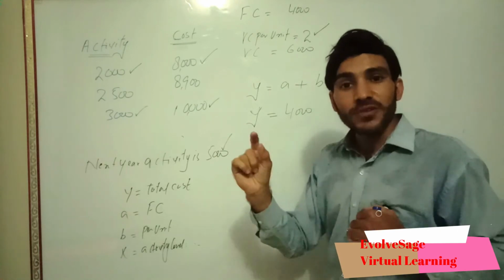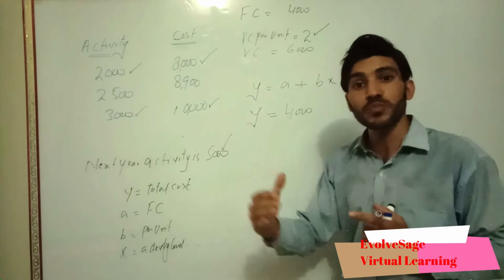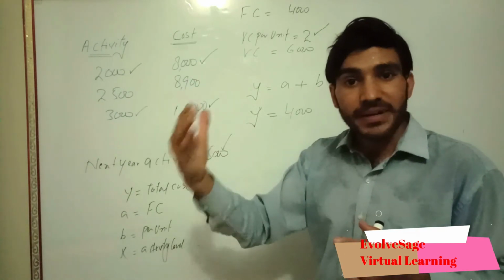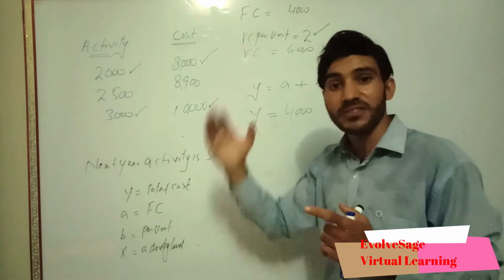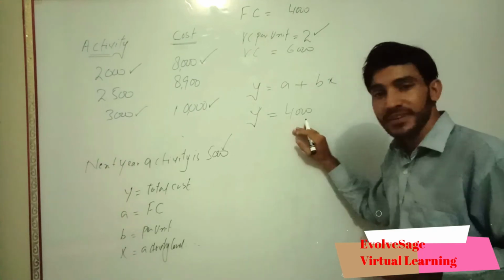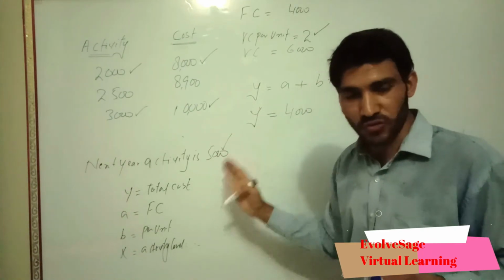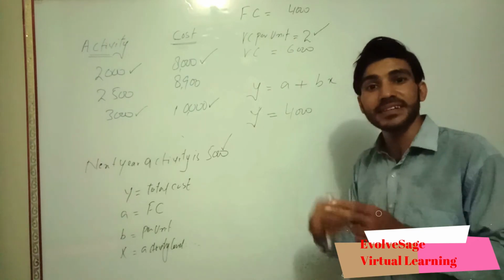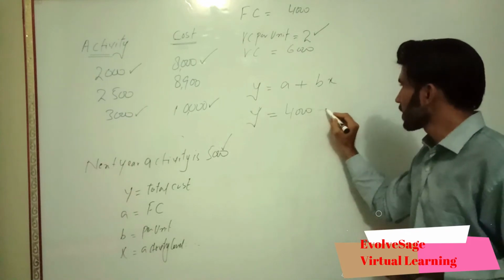We know that fixed cost remains the same against the level of activity. Whether you produce more quantity of goods or the least quantity of goods, your fixed cost remains constant against the level of activity. So it was 4,000 in the previous year and still it is 4,000, because it doesn't react against the level of activity. So plus